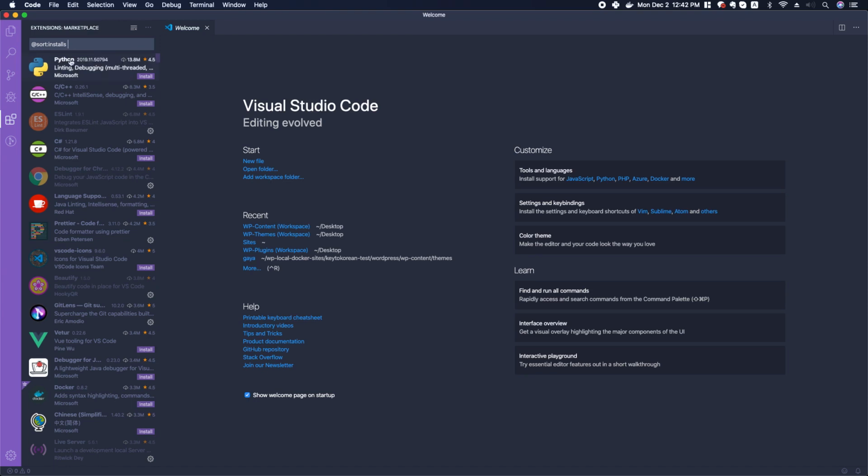support for the Python language now. You can see how many stars it has. 4.5 stars is pretty highly rated. And you can also see who developed it. The developer in this case is Microsoft, who also made this code editor. Microsoft also has a C and C++